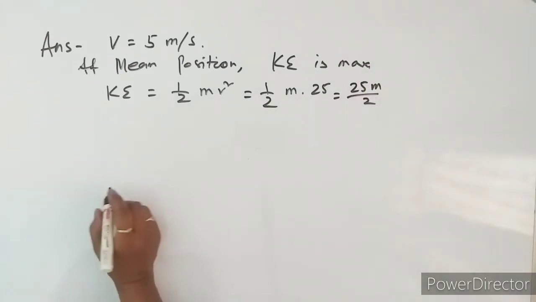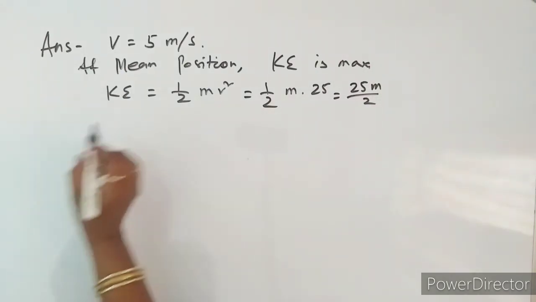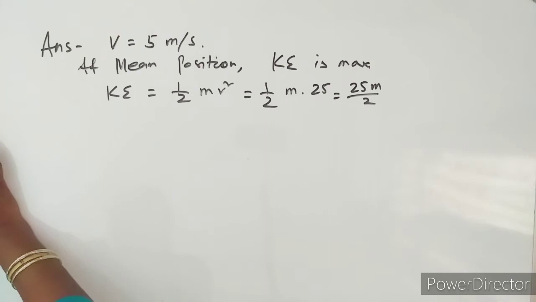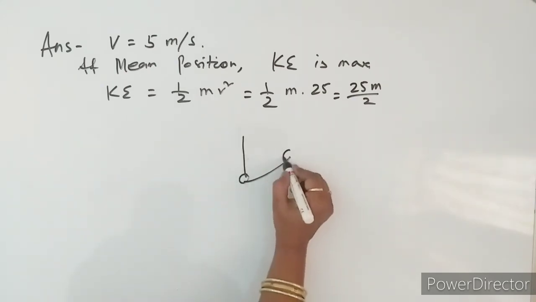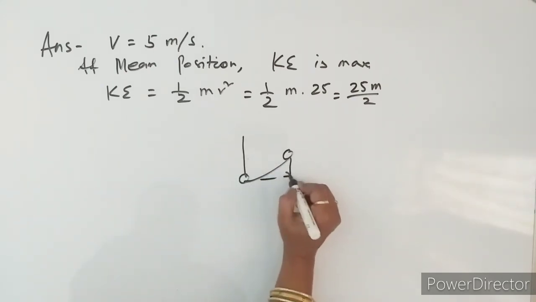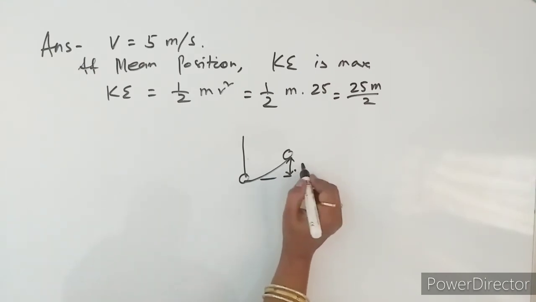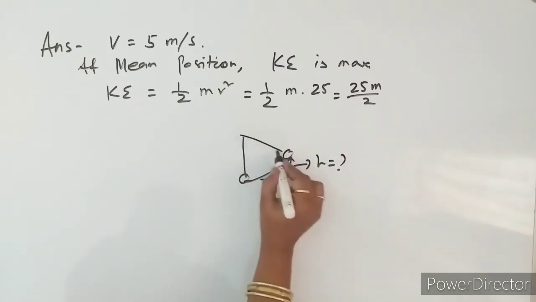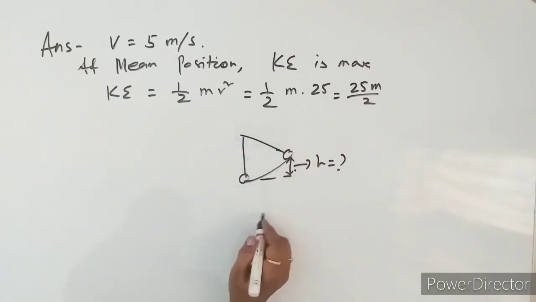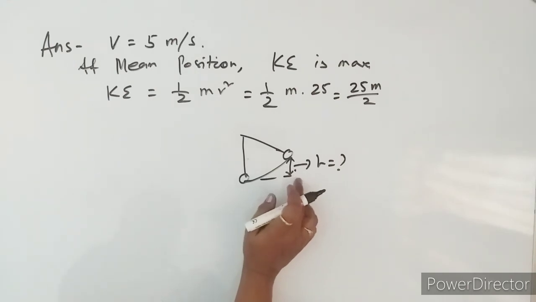Don't cut it. Here it is not an isolated system. Here 60% of energy is lost from the mean position. From the mean position, when it is going to one of the extreme positions, it reaches some height. It is asked to what height this bob will rise. Okay, this is the question. What will be that height?